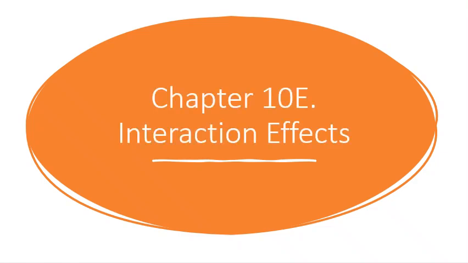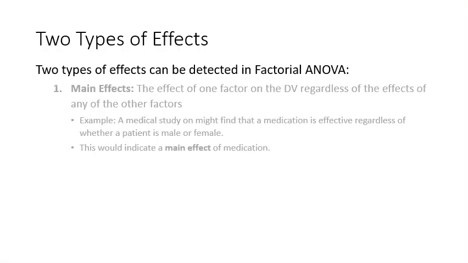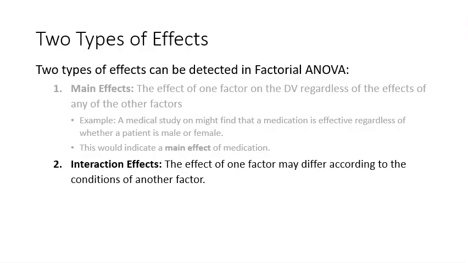This is Chapter 10E, Interaction Effects. So we already learned there are two types of effects, main effects, and we talked about this in the last lecture, so I won't talk about those right here. But we also have interaction effects, and that's the effect of one factor that may differ according to the conditions